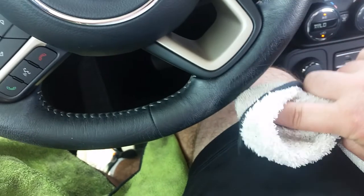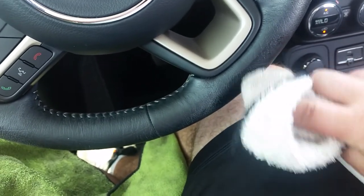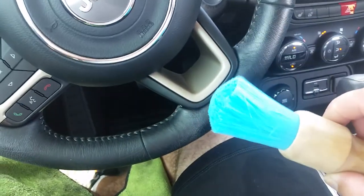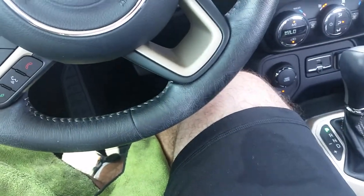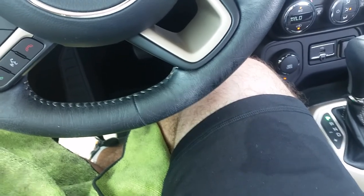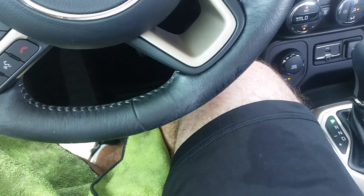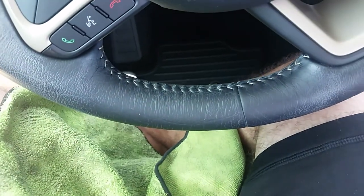But in these cracks, the microfiber probably won't get it all, and that's where your brush can come in handy. In this particular scenario, I'm not going for perfection. I'm going for greatly improved, doing it the right way without putting dressing on. Either way, the scrub brush work just didn't get in these cracks and